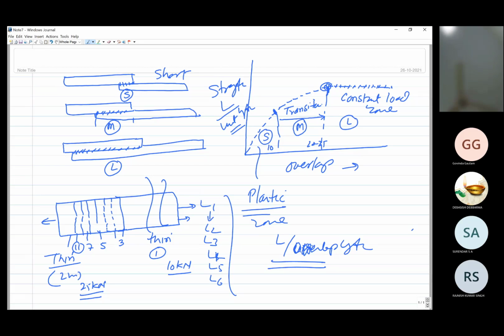So the important consideration is overlap and the load per unit overlap length. Initially it will be increasing and then it will become constant. Wherever it becomes constant, that overlap length is basically used for the purpose of the